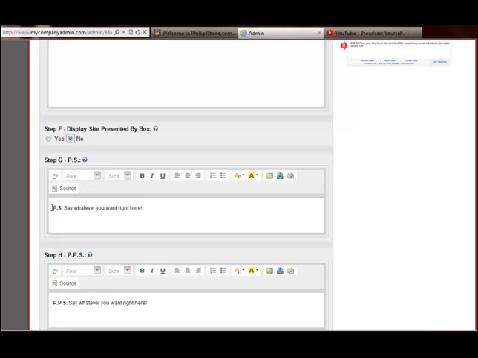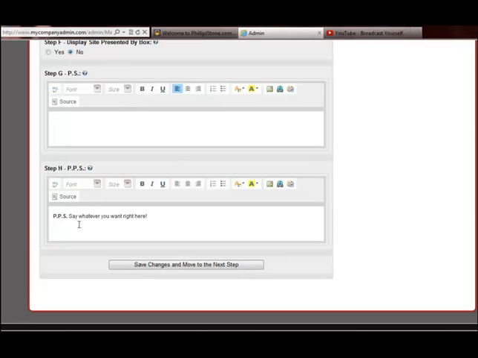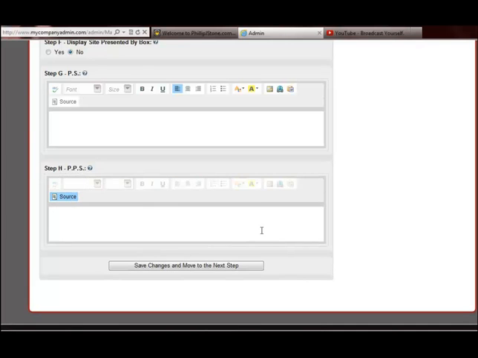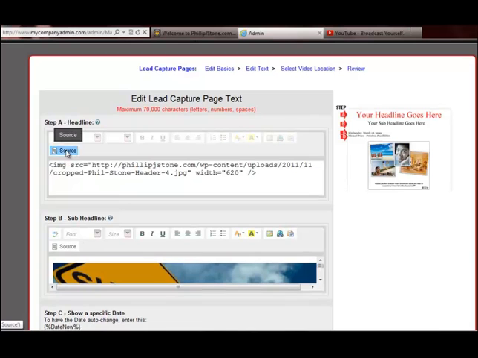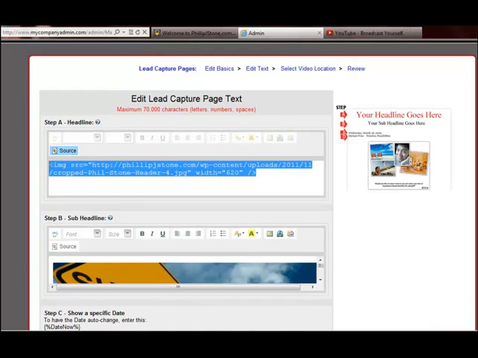And let's say we cut out the PS completely. We could put copy in here if we wanted to, or copy in here. Any one of these. Each one of these, by the way, also has a source field. Like for example, we wanted to take this out of here, highlight and delete, go to source. Let's say that I wanted to have that header show up again. I could go to the source here, hit my cursor in here, do Control A to highlight all of that,